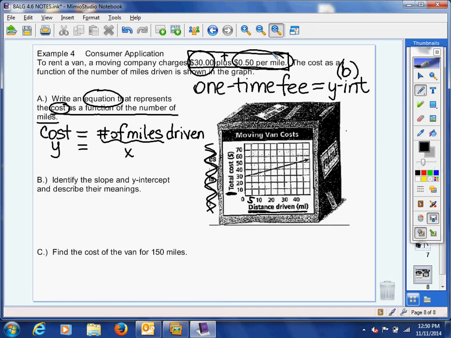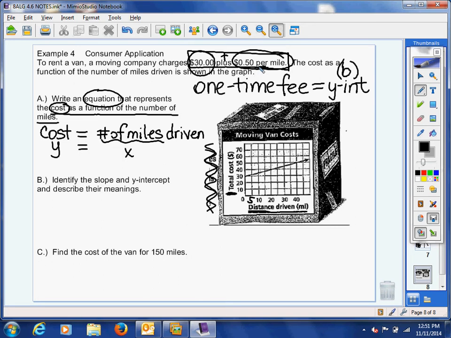So the way that I know where to position that in my equation is I look for that rate. Remember we learned a couple sections ago, rate of change is slope. Well, this is something per something. It could be miles per hour, 50 cents per mile, inches per second. If you have some sort of rate where you see the word per, P-E-R, you know that has to be